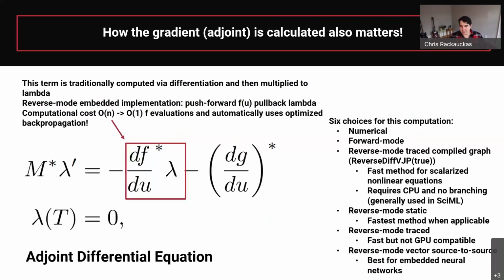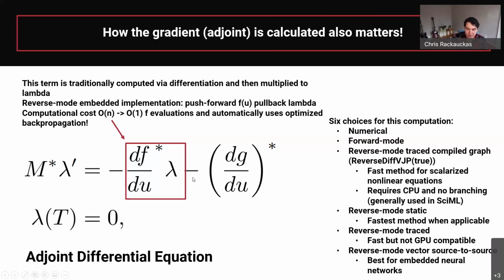Now, I'm going to quickly go over some of these different aspects here. So, for example, in this equation for the adjoint equation, this is the Jacobian transpose multiplied by a vector. It turns out that's the primitive of reverse mode, and that's what I mean. When you do this process, you go forwards, and then the way that you define the ODE that you solve backwards is the reverse mode of the ODE equation. So it really is a continuous form of reverse mode